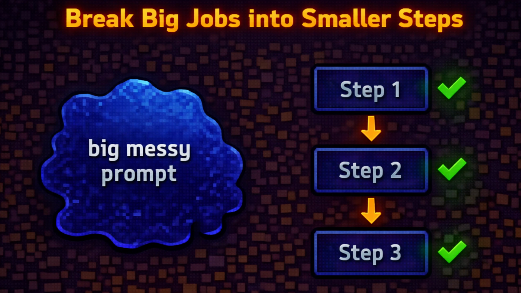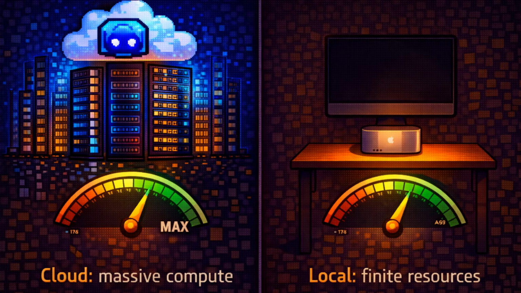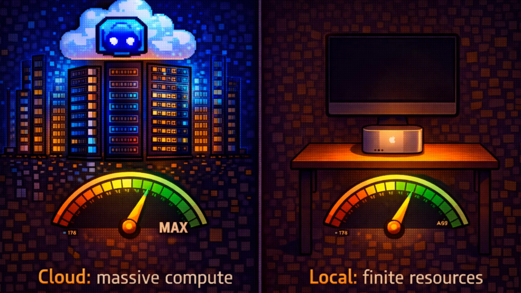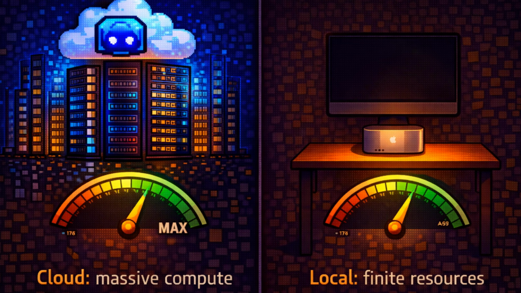I think that's a big mistake that people are making. We've gotten so used to Anthropic and OpenAI taking your prompt, where they've got all the computers in the world, all the time in the world, all the power in the world, and they'll take your prompt and go, okay, cool, we're going to use all of this horsepower and charge for it, so we're gonna deal with the fact that it's messy. But on your computer with finite resources and finite time, it's a lot easier for you to understand